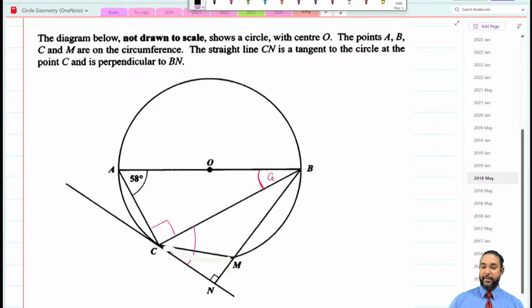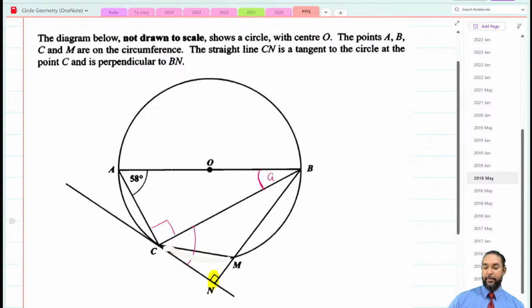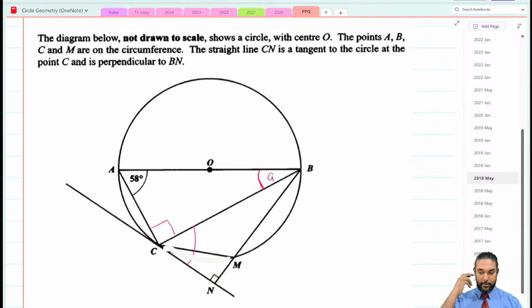Sorry, and then the straight line CN is a tangent to the circle and is perpendicular to BN. Okay, so look, they're telling us that there's a right angle down here. So there's a 90-degree angle there. All right. Okay. All right, so